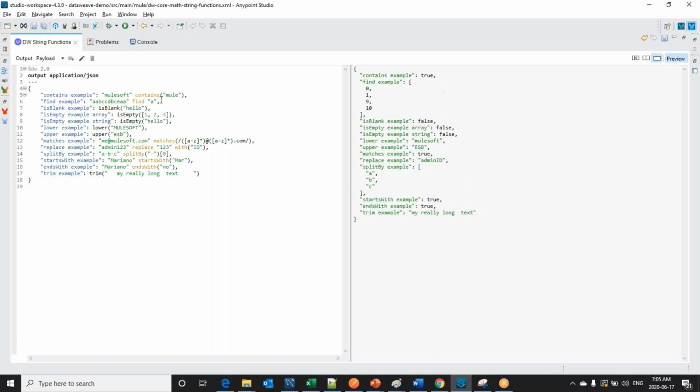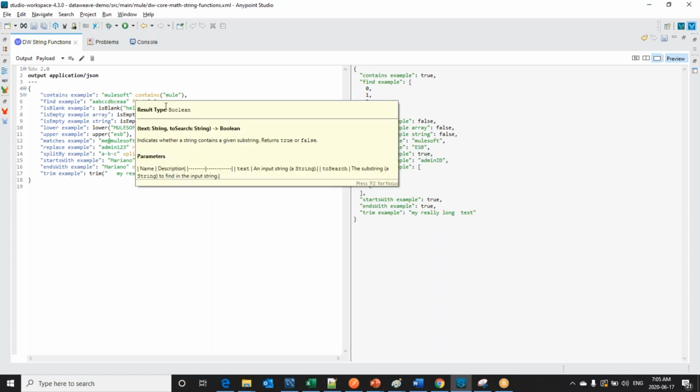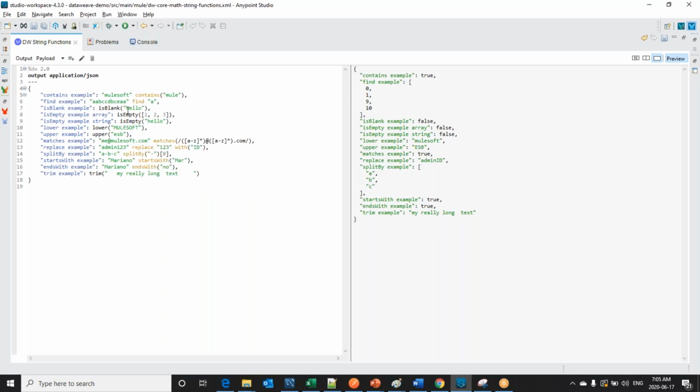Sometimes we would like to do condition-based checks using find or contains, so we can use these functions. Now isBlank. isBlank is responsible for showing us whether it is blank or not. Let me remove this value now. Then it will result in true because it is blank. Let me keep null. So null is also considered as not blank. We just need to remember this. Mostly we don't use this function, just remember it.